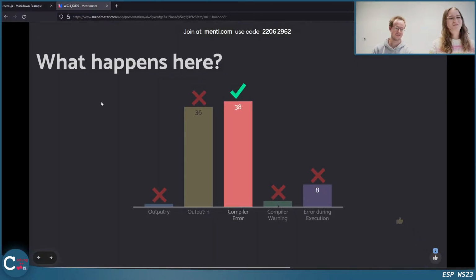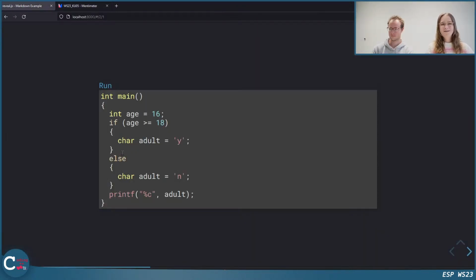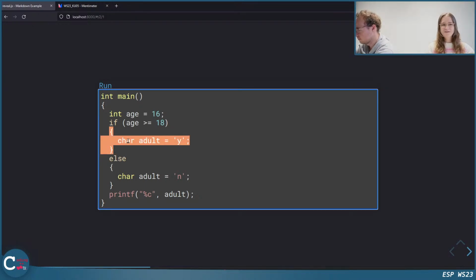Okay. So yeah, it's pretty split between output n and compiler error. So as we saw last time, when you declare a variable within a block, so within this if, then it's only valid within this if. And because we only have adult in here and in here, printf will give us an error.